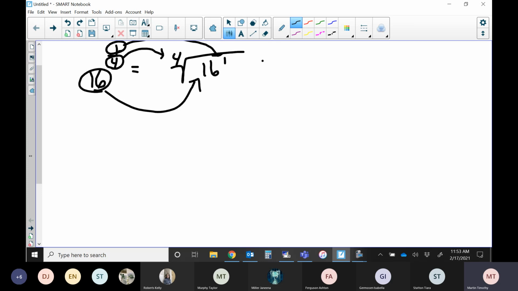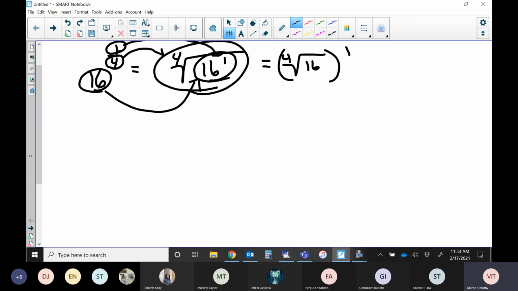By the way, the other way we could do this, and I'll show you a better example in a second, is we could actually write this as the fourth root of 16, and then take that and raise it to the first. Here, we're doing this power first, then taking the fourth root. Here, we're doing the fourth root, then raising it to the power. Both of these will give you the same number. And if you simplify this, this would turn into,